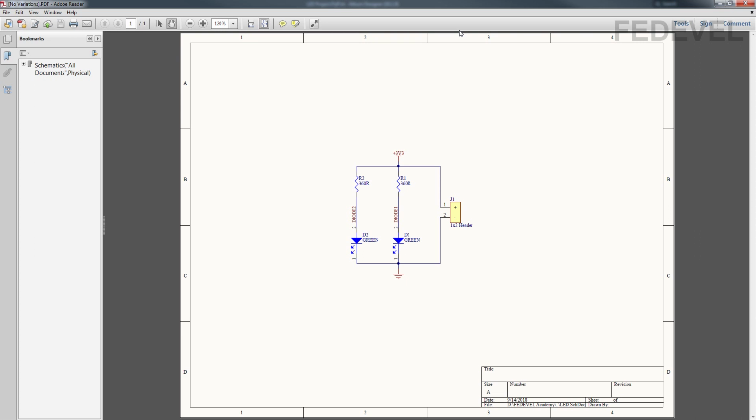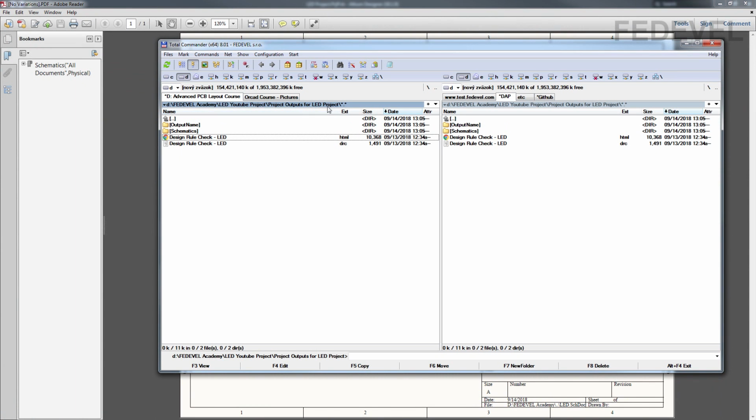If you have a look inside of our project directory, you will see there is this schematics directory, and if you go inside, double click, there is our schematic, and the name of the schematic is based on the variant which we just printed.